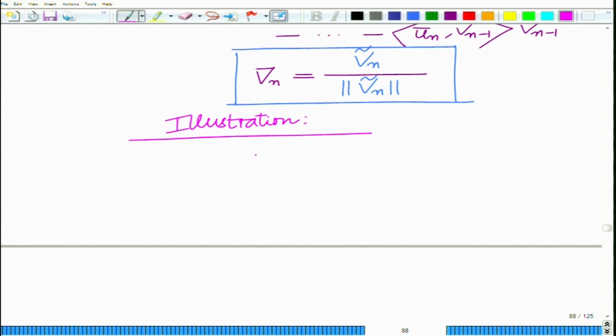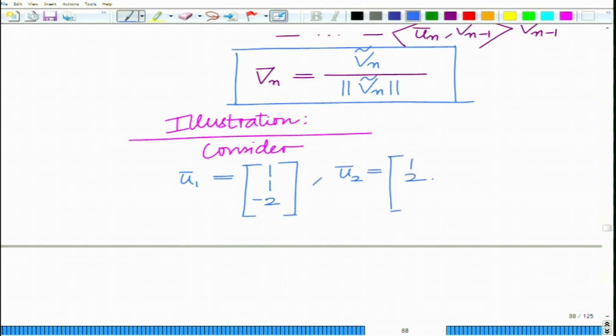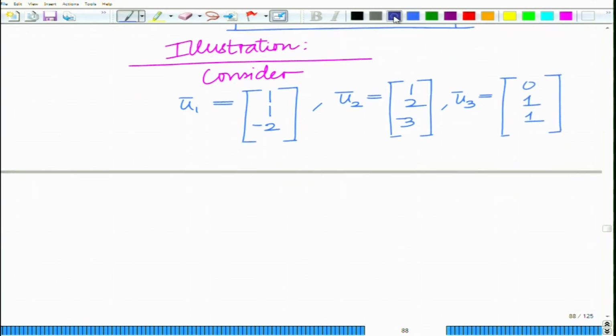So, consider three vectors, that is U1 bar, the vector 1 1 minus 2, U2 bar equals the vector 1 2 minus 3, and U3 bar equals the vector 0 1 1. And now we have V1 bar